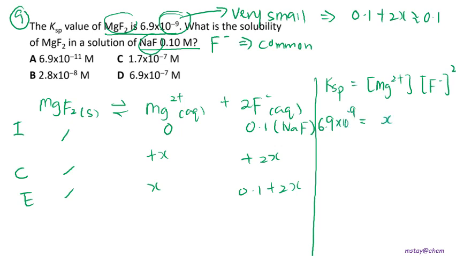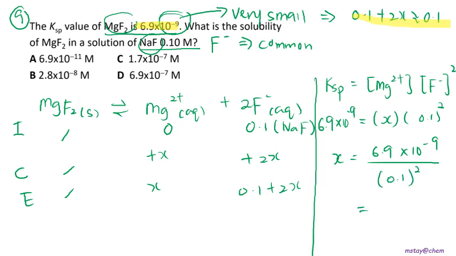The concentration of Mg2 plus is x. The concentration of F negative will be equal to 0.1 because the Ksp value is very small. Okay, then when we substitute in the values, don't forget 0.1 raised to the power of 2. So x is equal to 6.9 exponent negative 9 over 0.1 raised to the power of 2. So the molar solubility will be